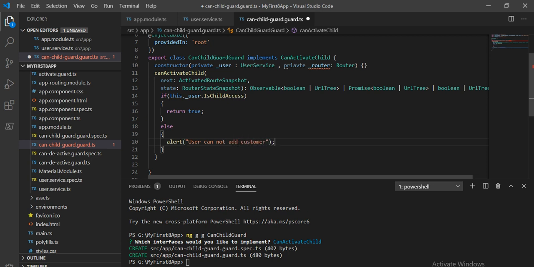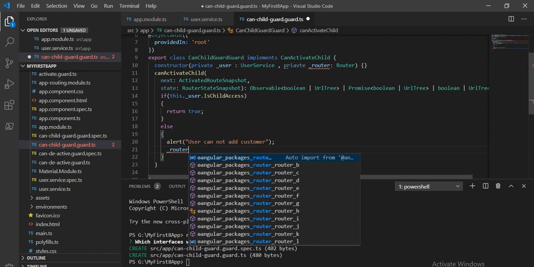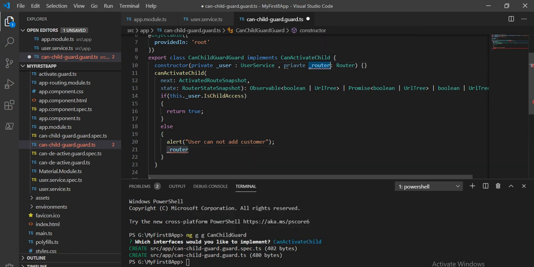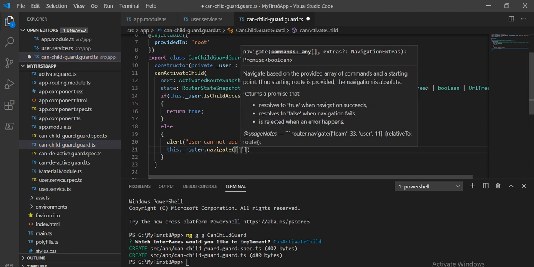And then we have to use the this keyword, this dot router dot navigate, and I am going to navigate to the customer page.